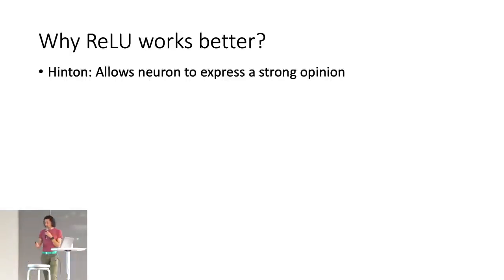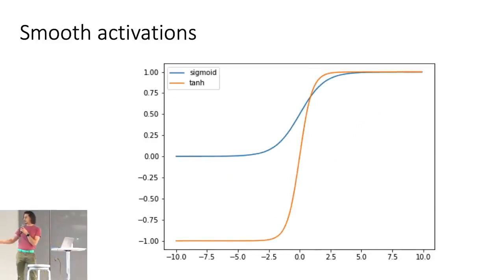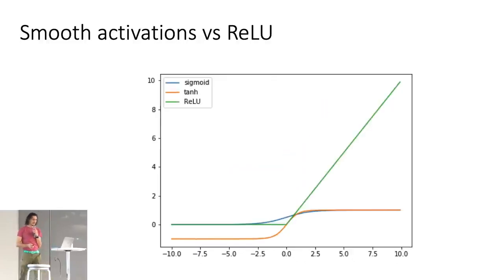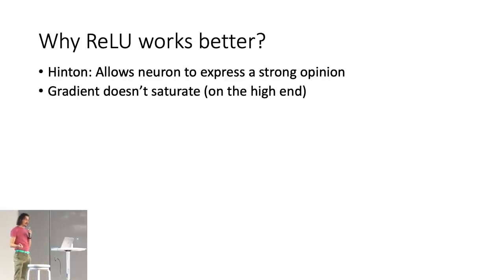In a sigmoid, there is really no difference between the activation being 3 or 8 or 20 or 100. The output is the same, right? All it can say is kind of yes, no, maybe, right? But with a ReLU, it can say an activation of 5 or 100 or 1,000, and these are all meaningfully different values that can be used for different purposes down the line, right? So each neuron can express more information. Also, the gradient doesn't saturate. We talked about that.